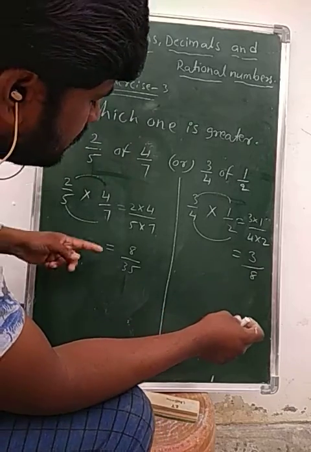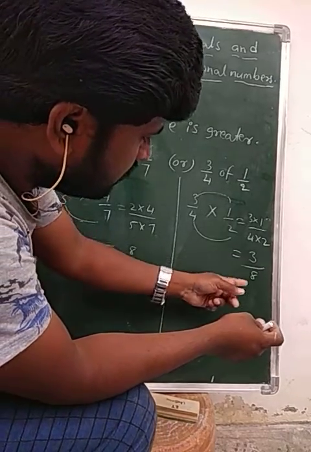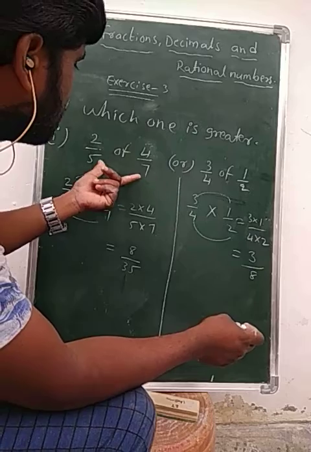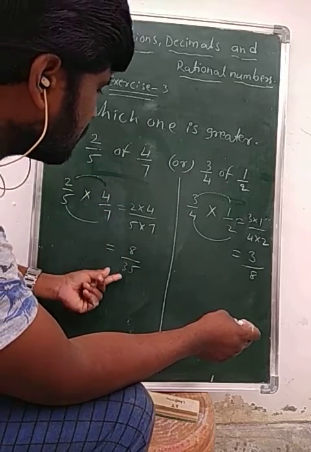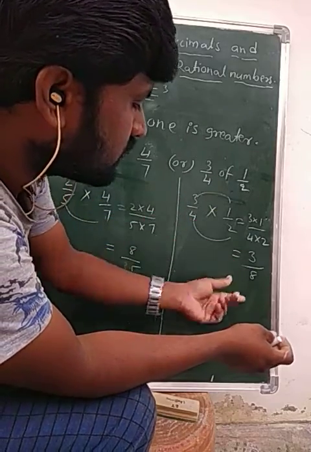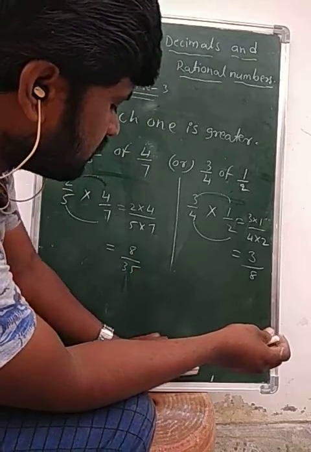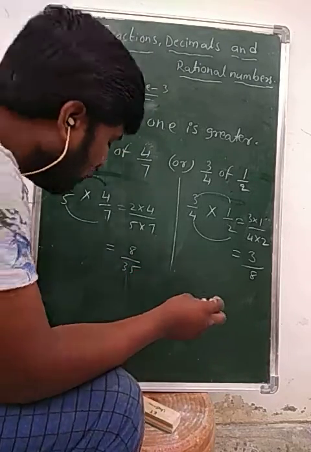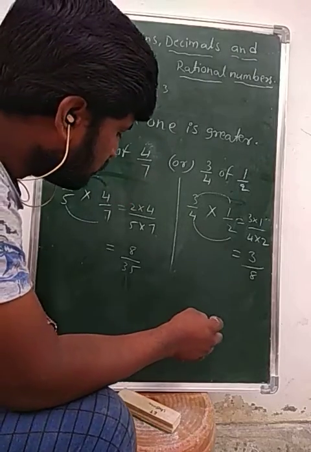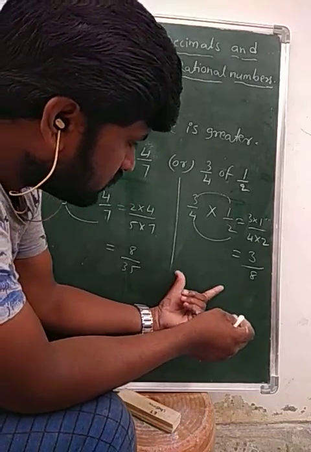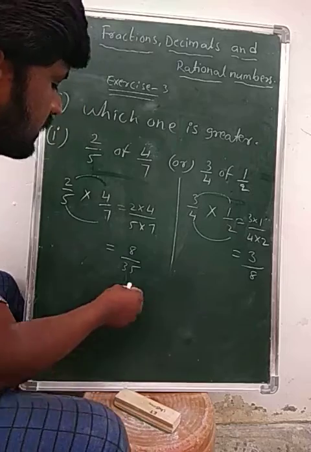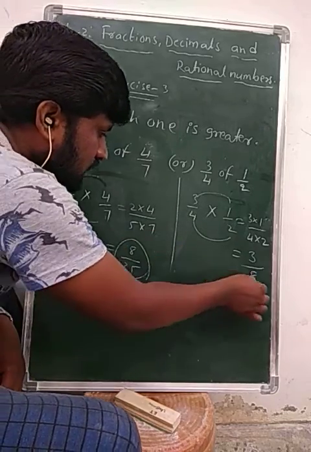So we get 8 by 35 and 3 by 8. Out of this, which one is greater? We just want to convert these two fractions, 8 by 35 and 3 by 8,